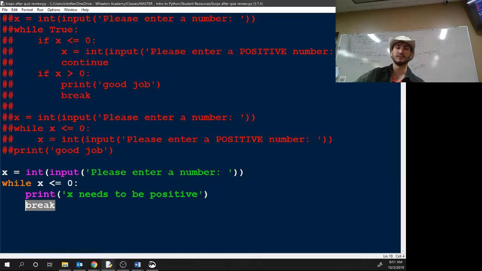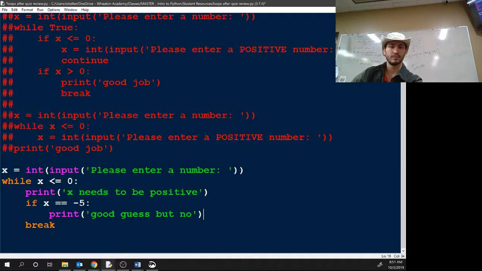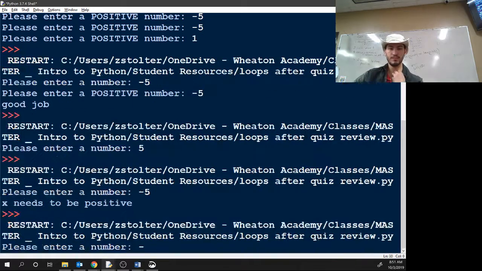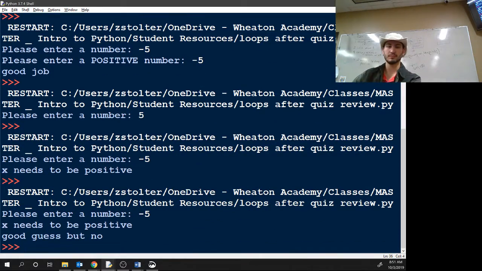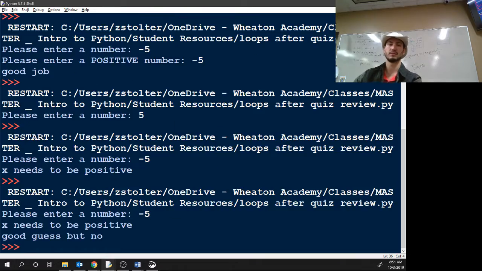And if you have, if x is equal to -5, print good guess, or whatever. But, no. I type in -5, x needs to be positive. My loop ends as soon as it hits this break point. If this is now indented inside of an if statement,